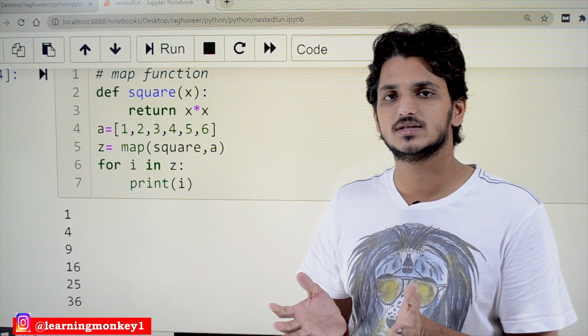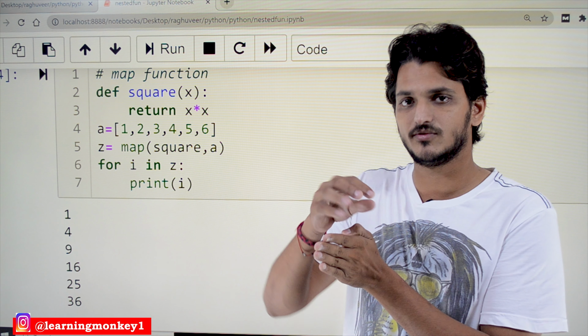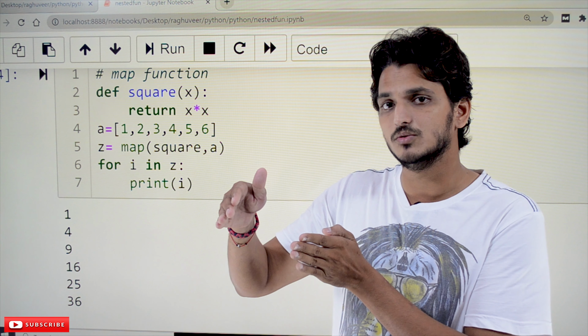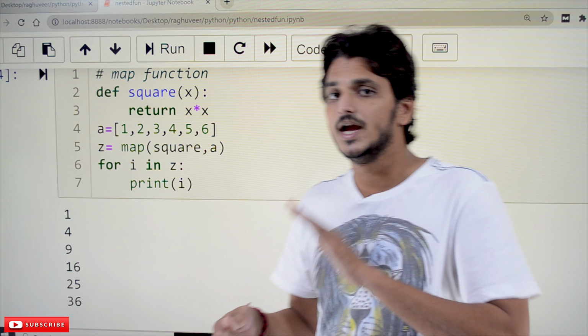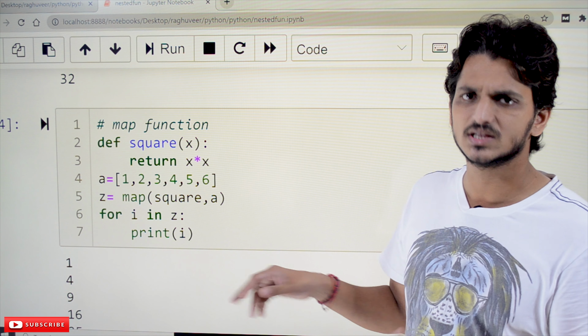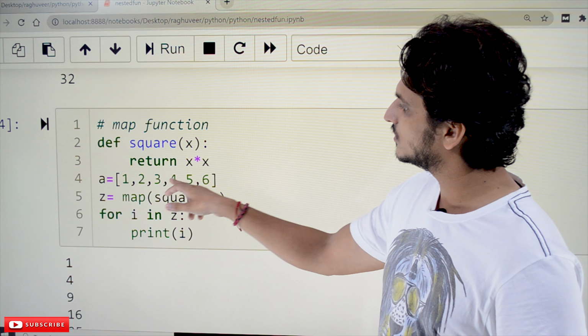It is the same as the filter function, but in the filter function, if it is true, that element will be considered, and if it is false, the element is not considered. The output should be a Boolean value, but in the map function, it is not a Boolean value. So whatever output the function gives, that output will be maintained. Let's take an example and understand. a = [1, 2, 3, 4, 5, 6].